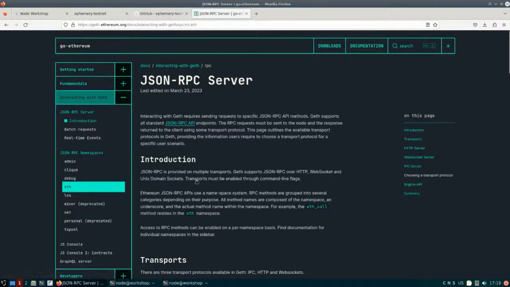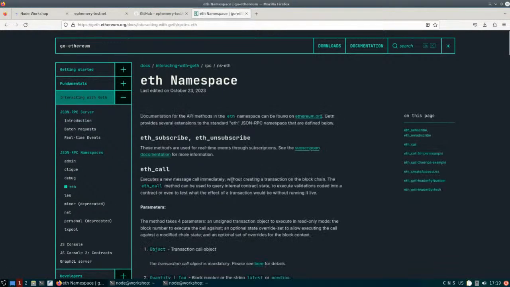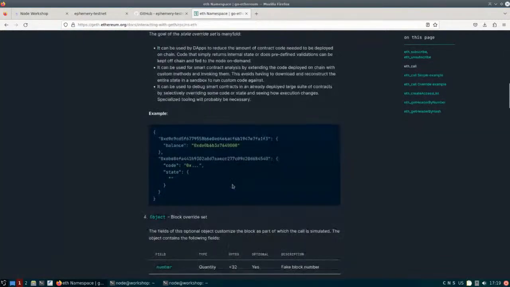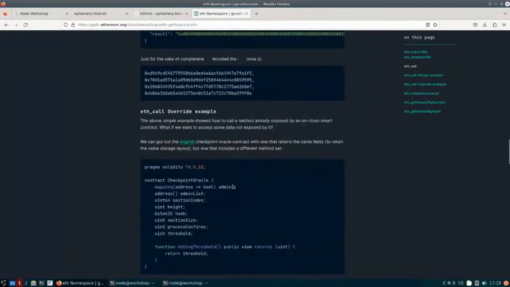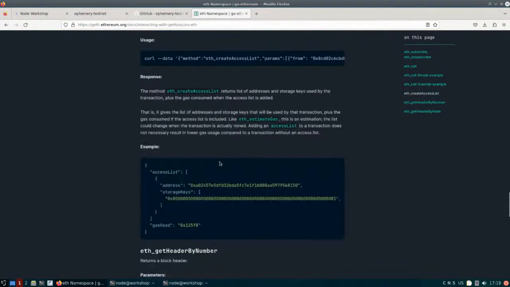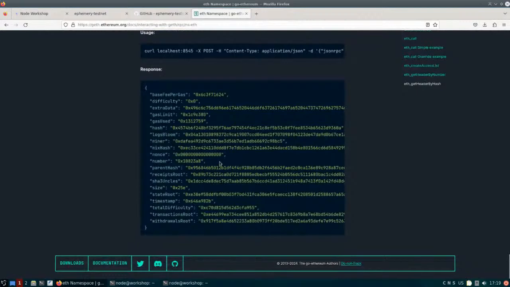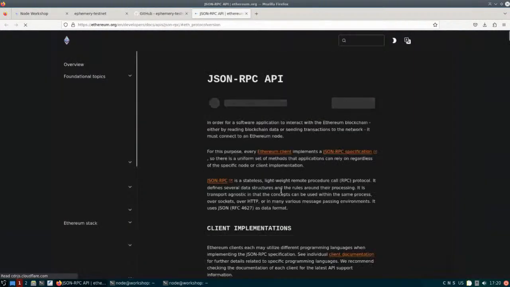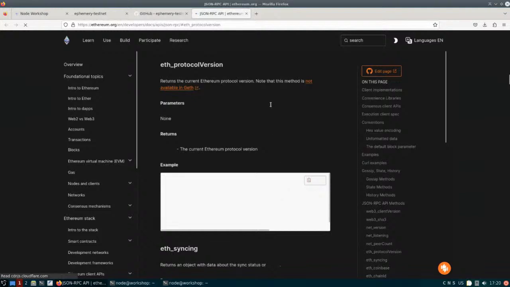Oh, eth. Yeah. Okay, so yeah, eth_call, just an example of eth_call. Create access list. Nope. Okay, there are not good examples here. This is just the domain, the name specific. But yeah, here this is a good documentation with examples. So you can see all the different